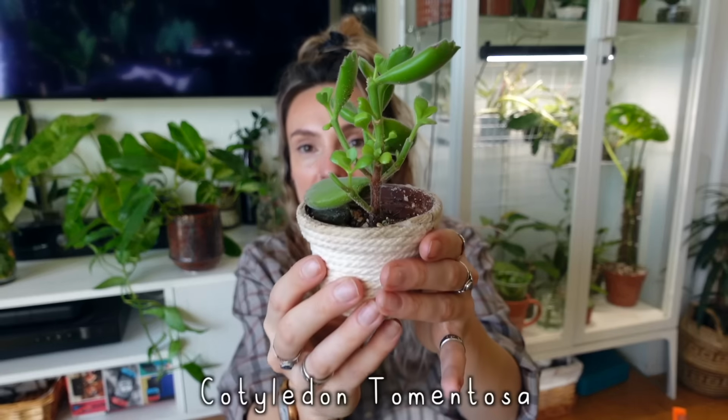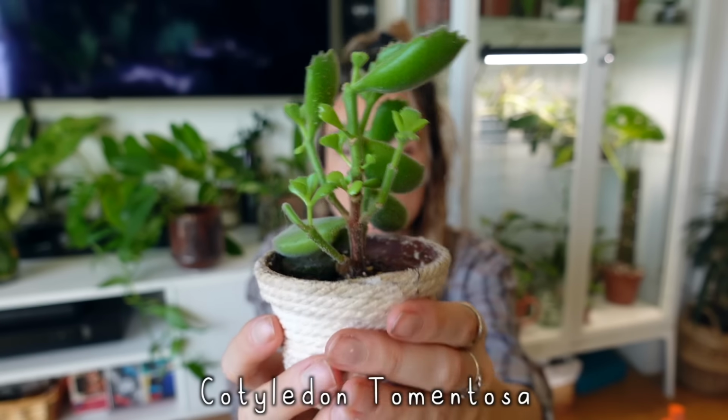And then if you're over on Instagram, then you will have seen this one the other day. I'm really trying to get better at posting on Instagram this year because I just hate social media, but I have so far been quite enjoying sharing some updates over there. But I'm going to give you an update on my bear paw cactus,